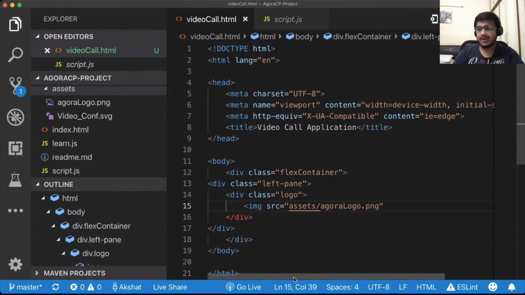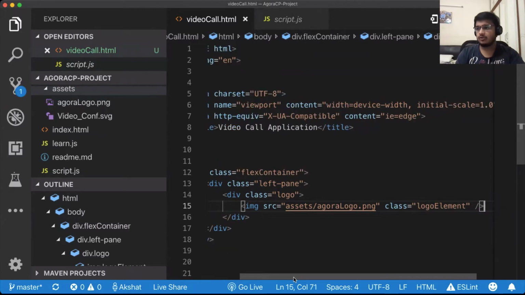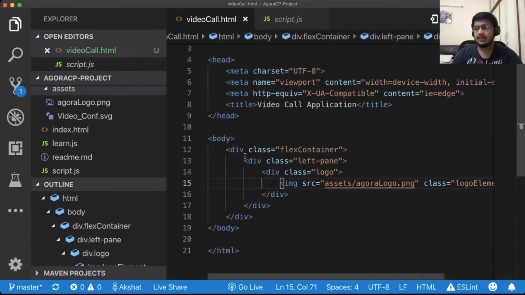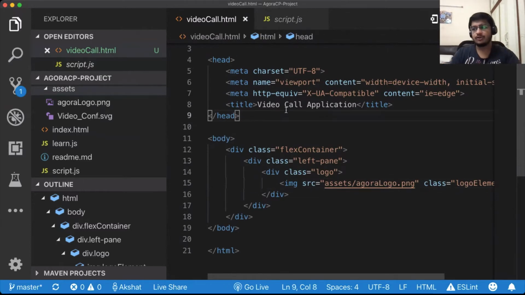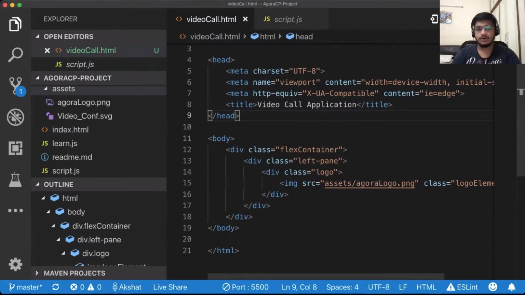You can just type assets Agora logo. You can put any logo of your choice. I'm just using the Agora logo since it's already installed, and let's just call it logo element. I guess this looks good. So image tags are self-closing tags, so I'll just close it over there. I think you can visualize how it's going to look right now, but I'll just run this in my browser so you can see how it's looking.